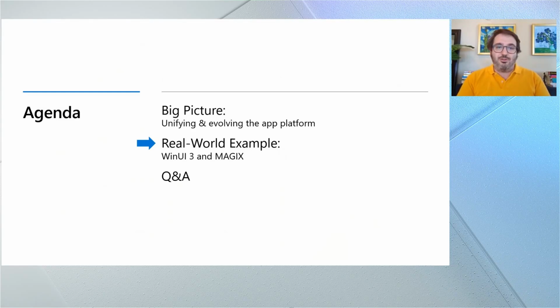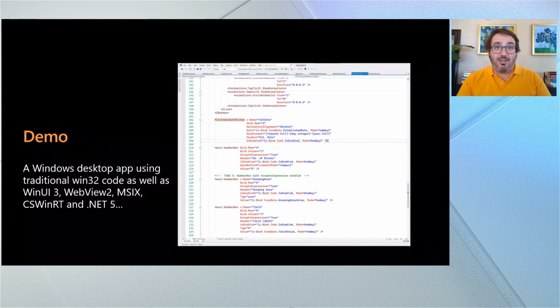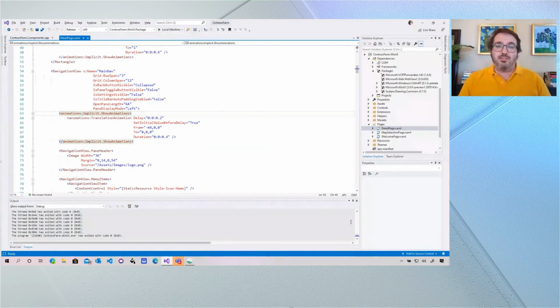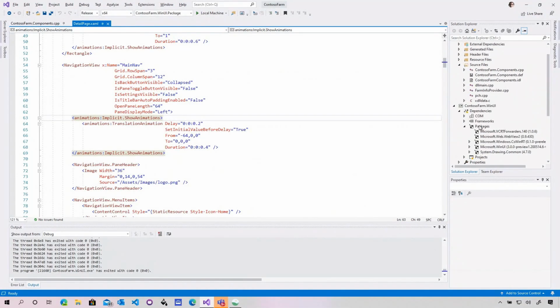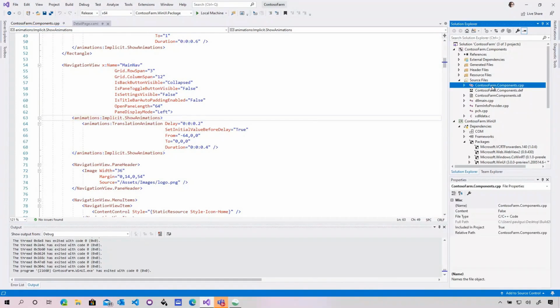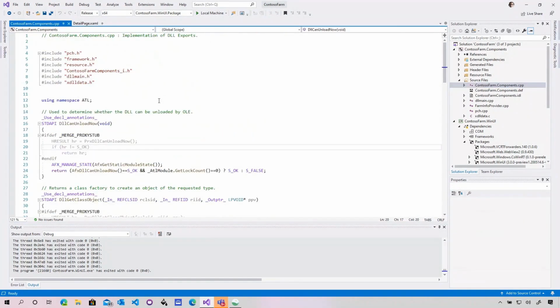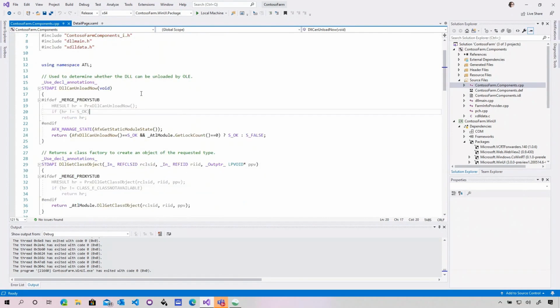And I thought we'd drive into a little demo just to show that in practice. If some of you saw Kevin Gallo's keynote presentation, this is that demo app. I'm just going to show you a few other aspects of it. What I've got here is a standard Windows desktop app. What you'll recognize quickly is very traditional Windows code in it. So here's some ATL COM object. Anyone who's familiar with Windows code, you see an HRESULT here. This is classic Windows code, could have been written 15 or 20 years ago.